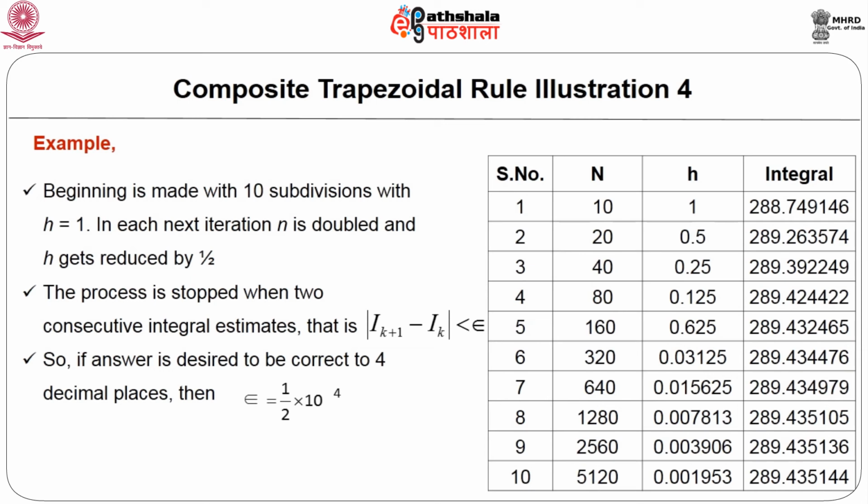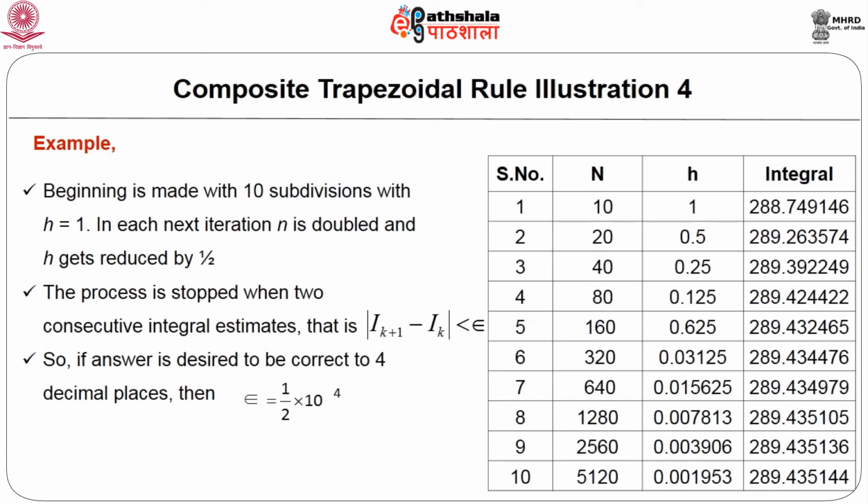So n was 10, h is 1 in this case, and the integral calculated came out to be 288.749146. The exact value of this integral up to 5 decimal places is 289.43515. Next, the number of divisions became double, so it became 20, h became half, 1 by 2, and the value of the integral came out to be 289.263574. Next, the number of divisions still became double, so 40, h became 0.25, and the value of the integral came out to be